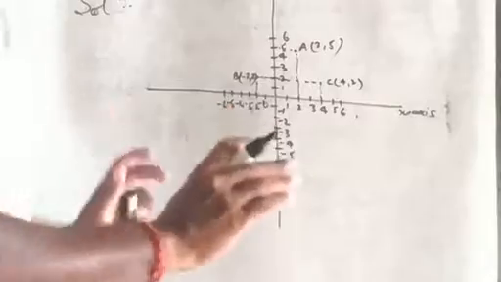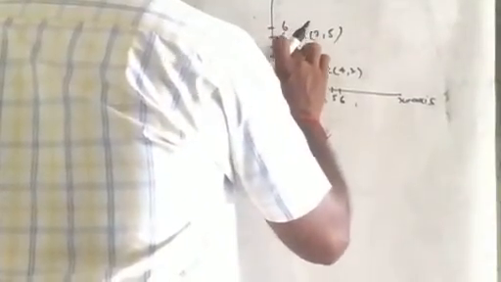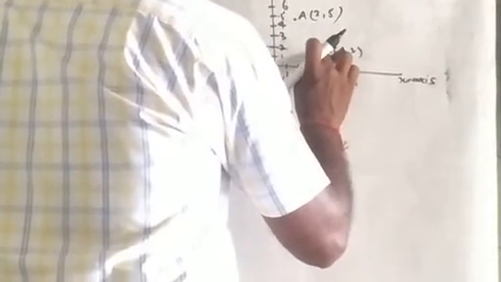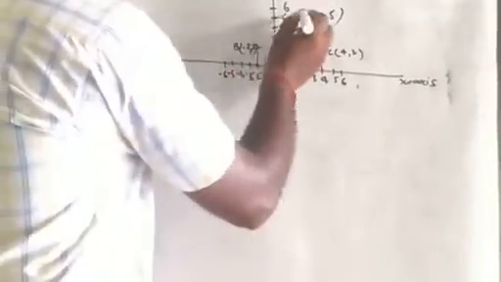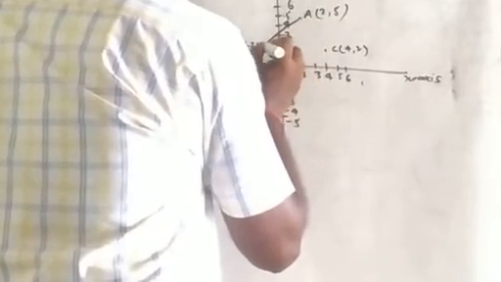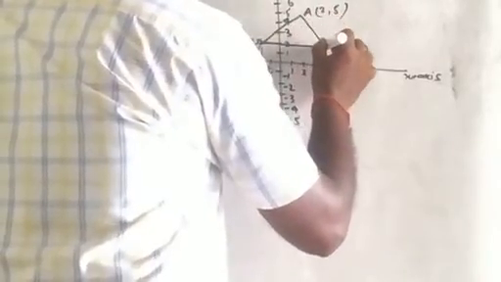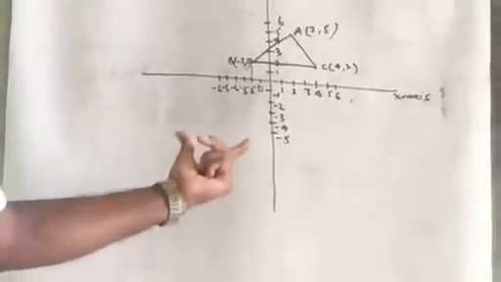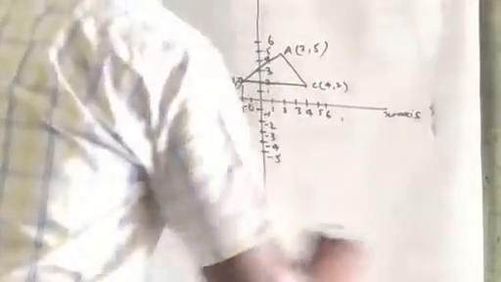Now here only points A, B, C are needed. Then this dotted line I remove from here. The dotted lines I remove. The representation is over. You see here. Join now AB, BC and AC. By joining the points A, B, C, which figure is formed? Triangle. Then we calculate the area of triangle ABC.